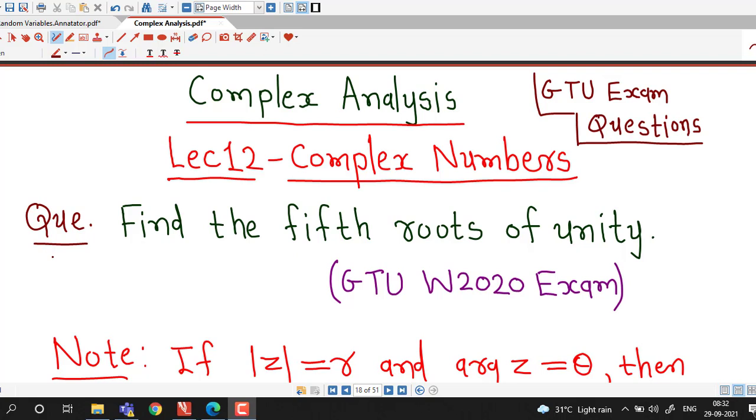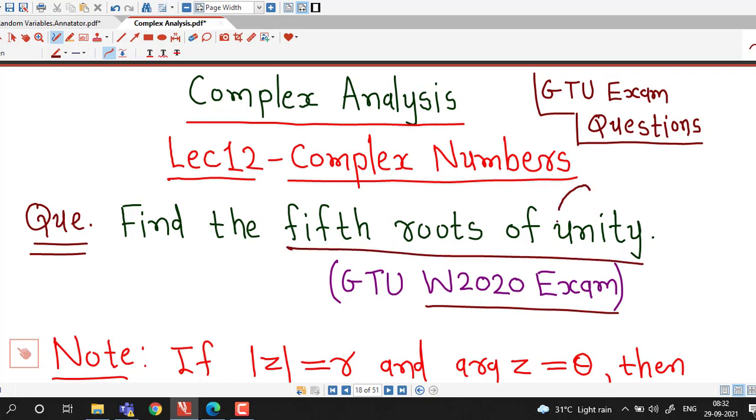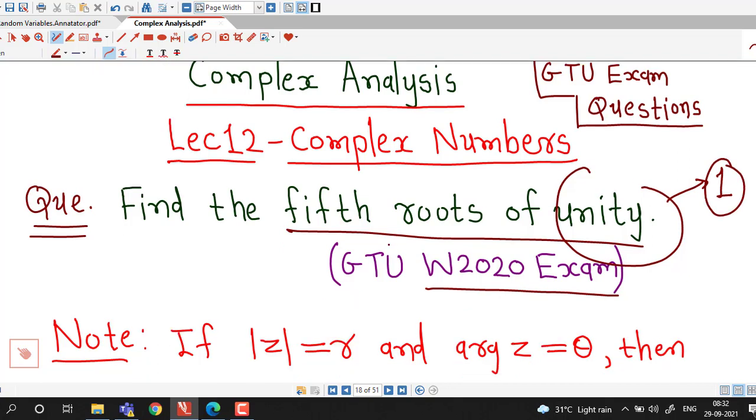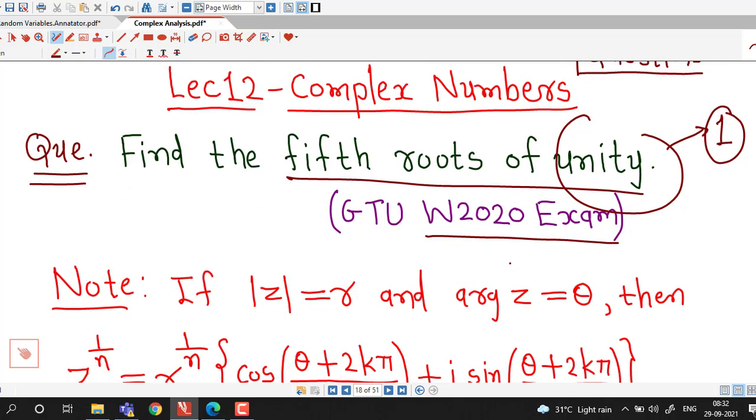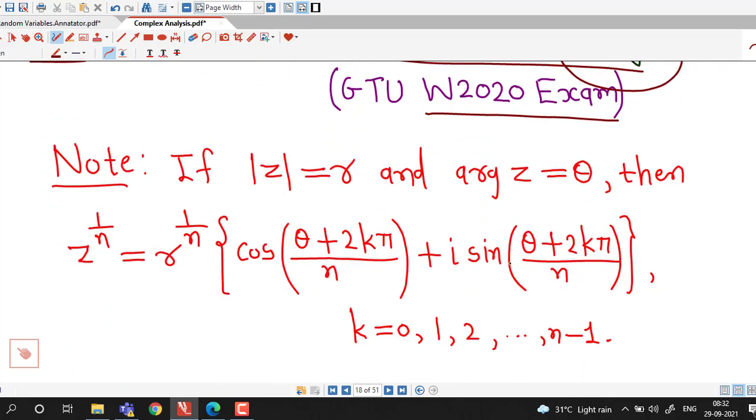In this lecture we are going to discuss this question which was asked in GTU Winter 2020 exam. Here we are asked to find the fifth roots of unity. Unity means we have to consider 1 as a complex number. Before going for finding roots of complex number 1, we just recall the formula for finding roots of a